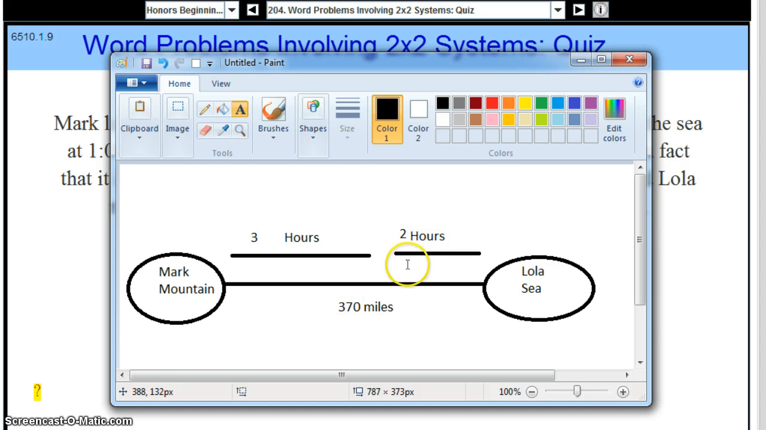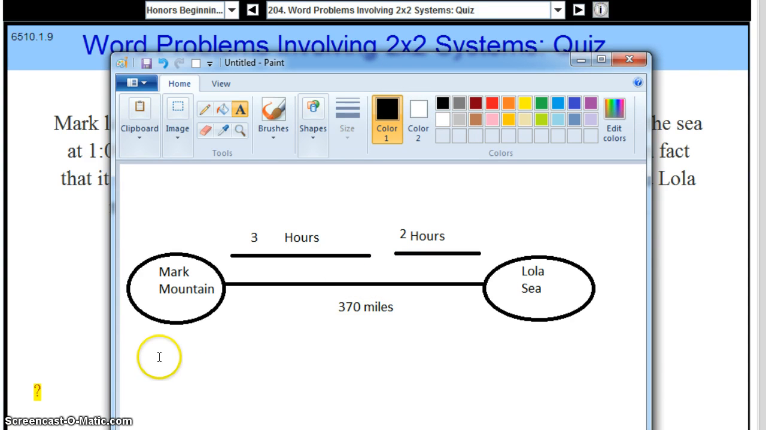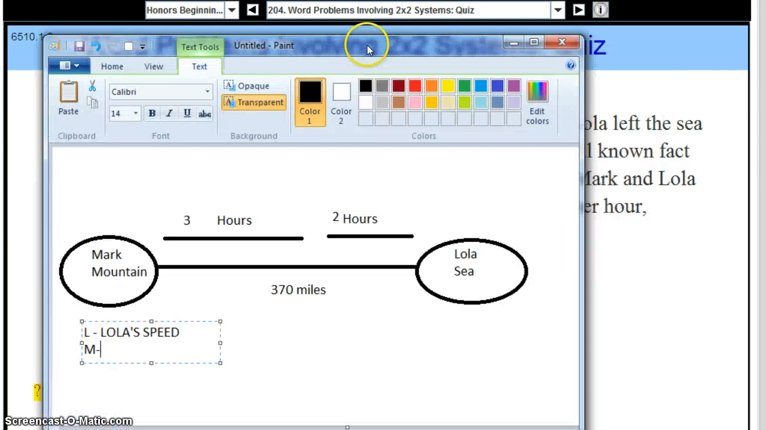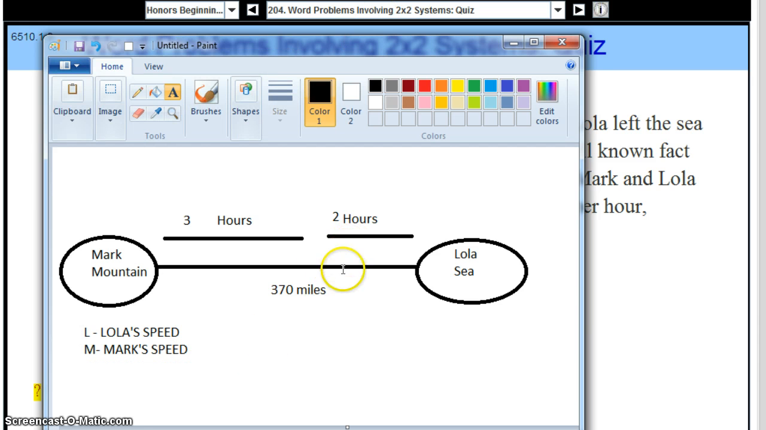So I hope this starts to help you. Now, again, let's also write down our variables. What did we say for our variables? We said L is Lola's speed and M is Mark's speed. So again, write down all the information you have. And so you can see that rate times time equals distance. So whatever this distance is,